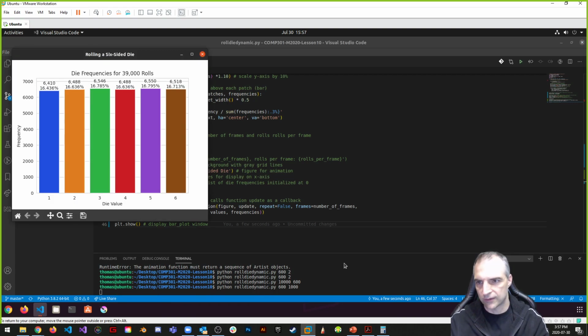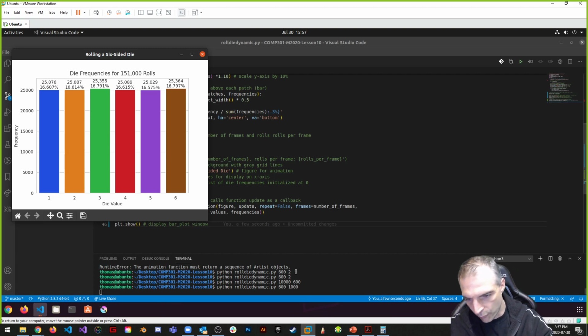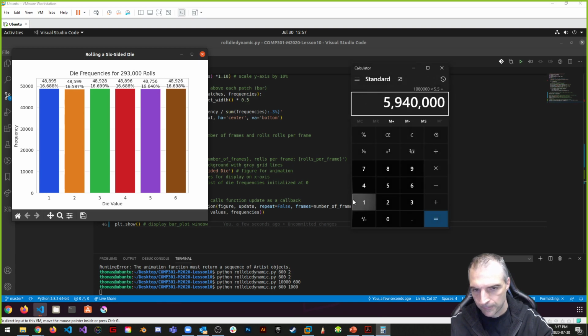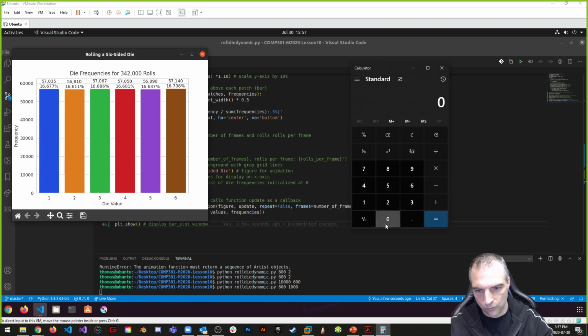Well, yeah, now you're going to see the numbers go from a lower number to a higher number. So more rolls per frame, but fewer total frames. Again, you can see it the other way around. So we have 600 frames, 1,000 rolls per frame. 600 frames divided by 30 frames per second is roughly 20 seconds of